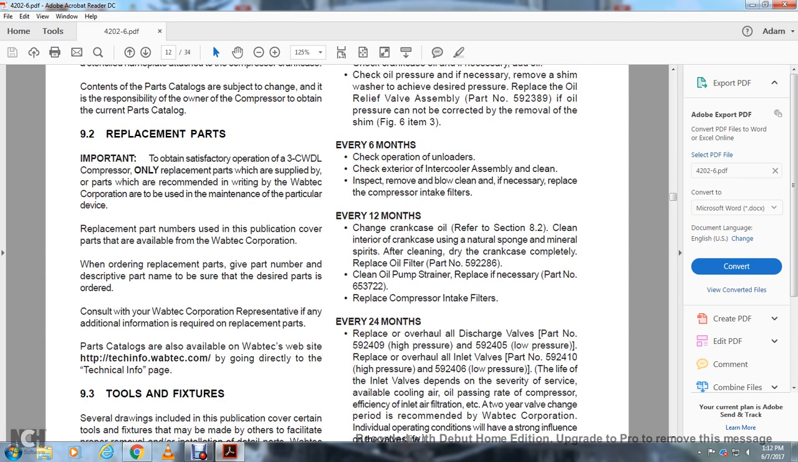Every 12 months, check and change the crankcase oil, referring to section 8, and clean the interior of the crankcase. Use a natural sponge with mineral spirits, and after cleaning, dry the crankcase completely. Replace the oil filter, clean the oil pump strainer, and replace it if necessary, part number 653722. Replace the complete compressor air intake